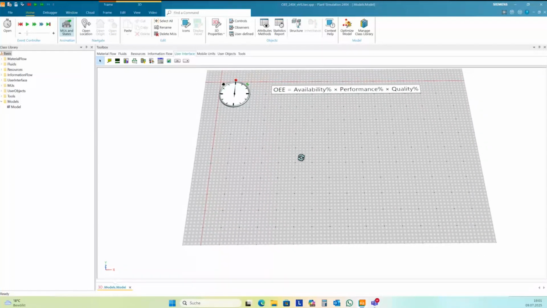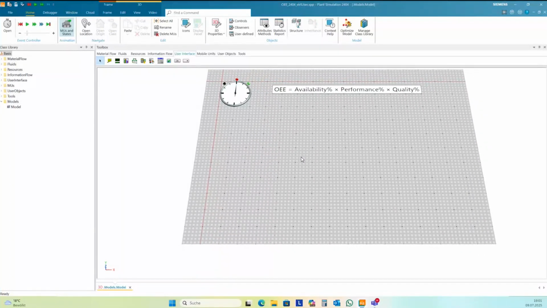Today, I want to show how we can include the OEE in our simulation models. And you see here one of the definitions for OEE. It's availability, performance, and quality. And we start with a very simple use case.